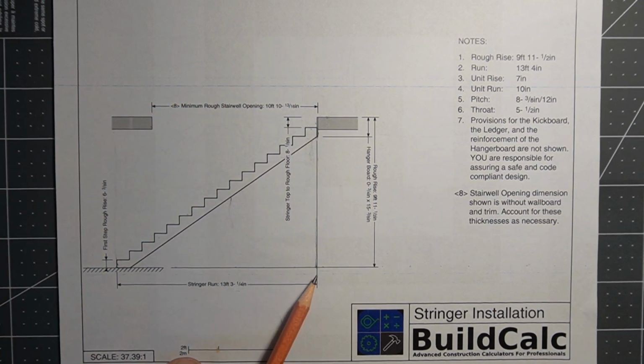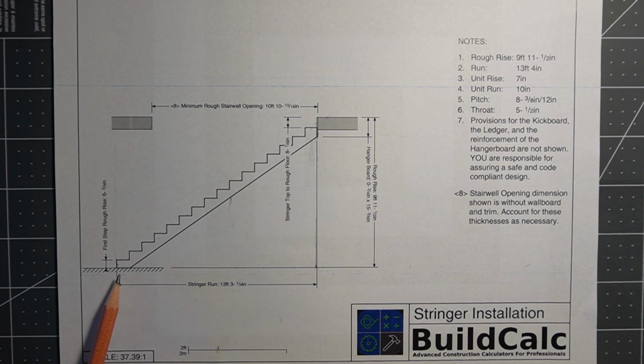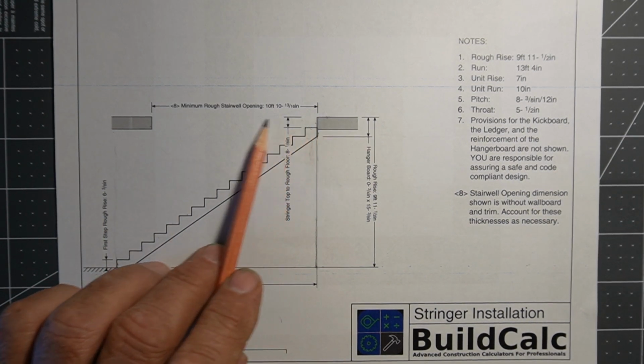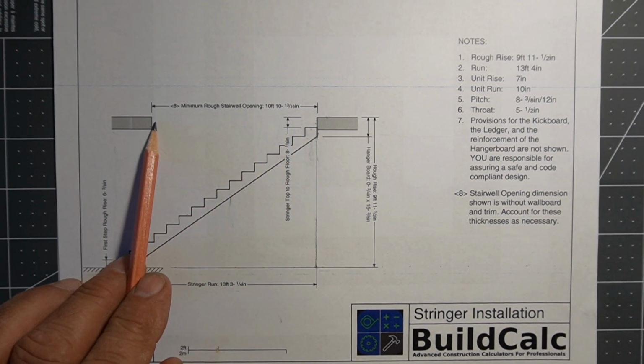The next is what the run is going to be, and this calculator will figure that out for you if you put in enough parameters. So I'm just going to leave that for the time being. And the third one is how much room you need. This is the open stairwell,